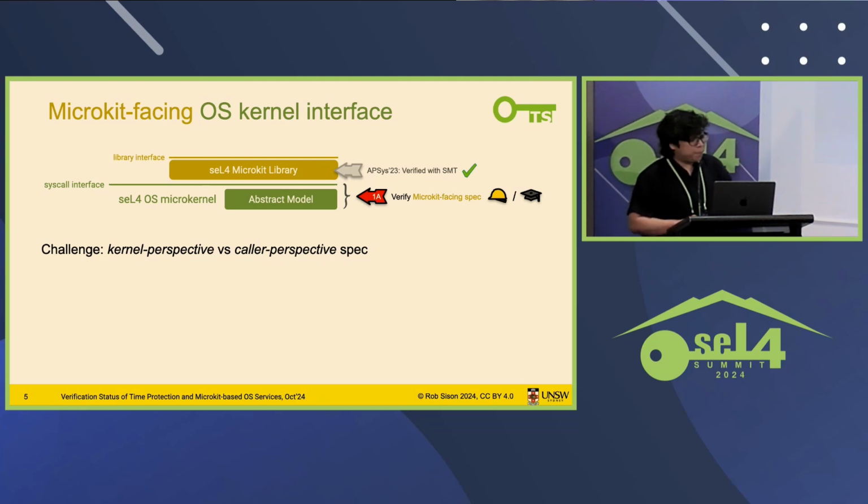So although the abstract model of seL4 specifies what the kernel is doing in between the kernel entry and exit, the form of the properties assumed about certain system calls called by the Microkit come in the form of a Hoare triple. Basically, if my Microkit library ensures these preconditions when it calls a given system call, then we just assume that the seL4 kernel will return to us with these postconditions satisfied. So these Hoare triples are the interface assumed of the system calls called by the Microkit,